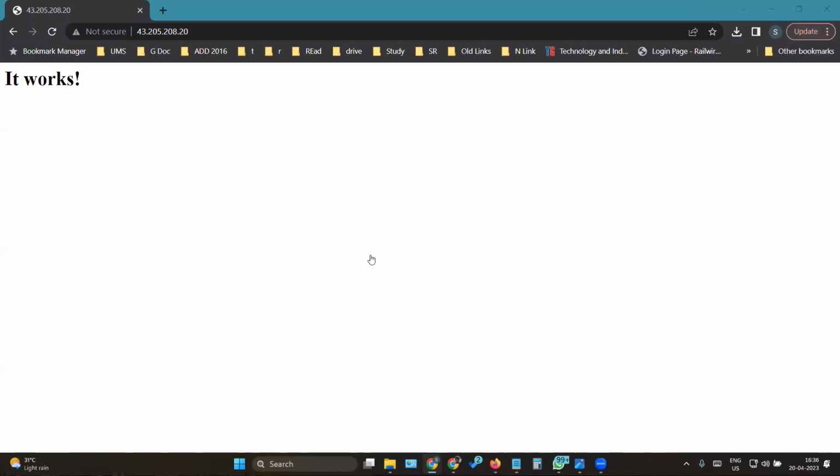So they can try it out at their home and see the same prompt which is on my screen right now, visible to them on their laptops or phones, whichever they are using. You can use it on phone. Just type in this same HTTP 43.205.208.20, and you can send back the reply, whether you are able to see "it works" on your system or not. Yeah, the link is there with everyone. I think Himanshi has shared it. And you can then respond whether you're able to see this or not. And then we'll shift to the query handling session.